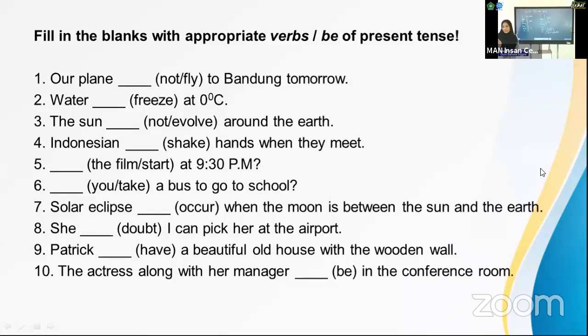Actually the answer is she doubts. Ya, di sini ada silent B. Huruf B-nya jangan dibaca. She doubts. Dia ragu. Doubts itu ragu. She doubts I can pick her at the airport. Ya, look at this pattern. Coba. He, she, it-nya itu untuk verb-nya harus tambahkan S, ES, or IES. Gitu ya. Ingat, tapi kalau subjeknya I, you, we, they, termasuknya di sini